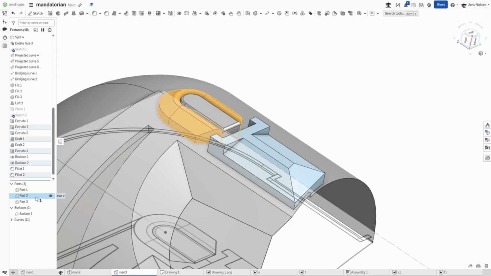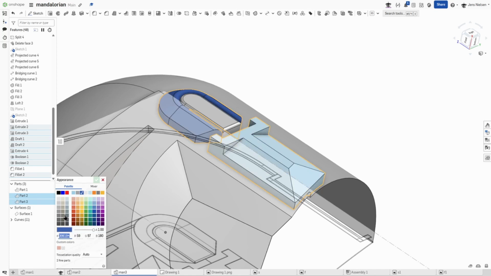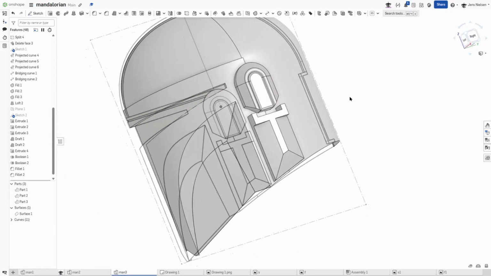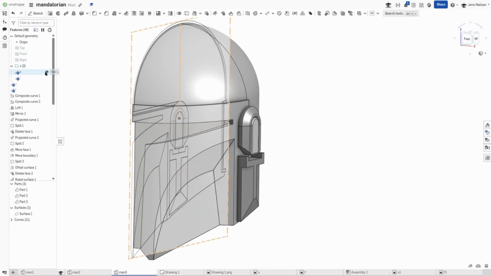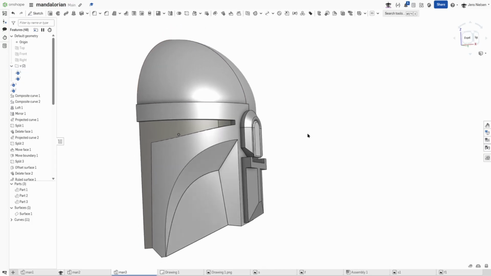And those 2, something darker. Okay. I will hide that sketch and